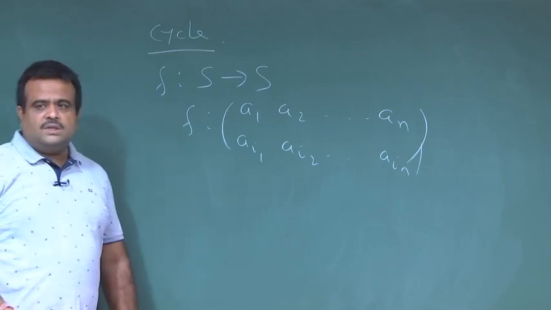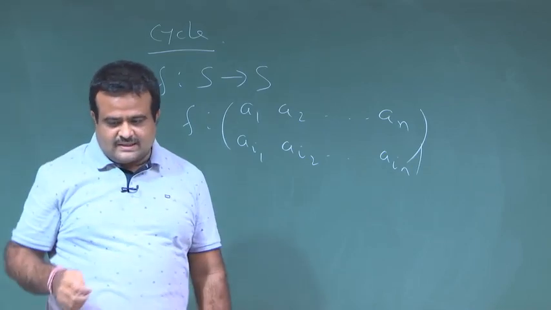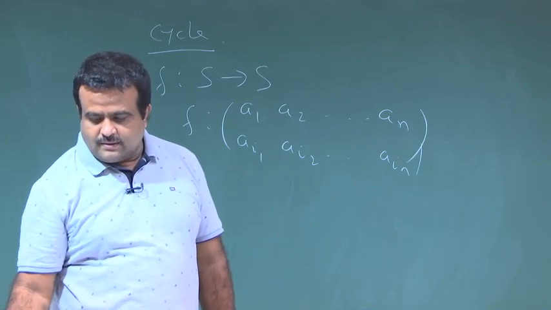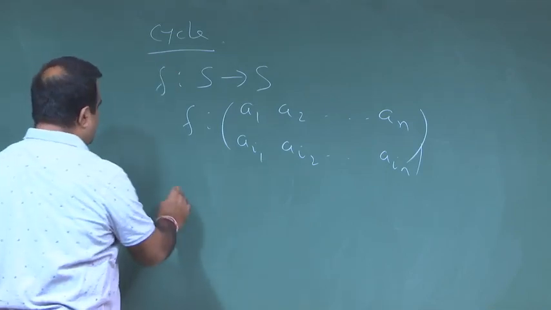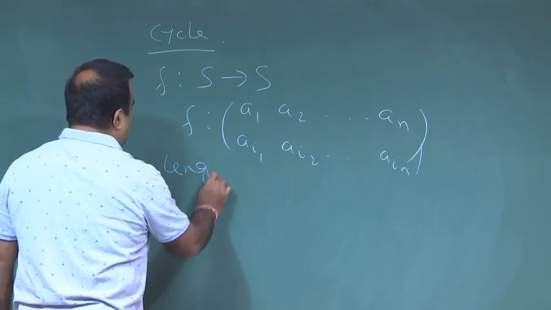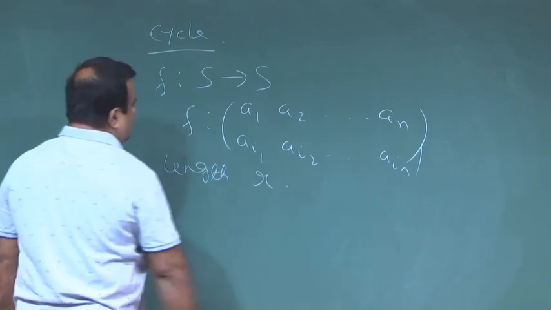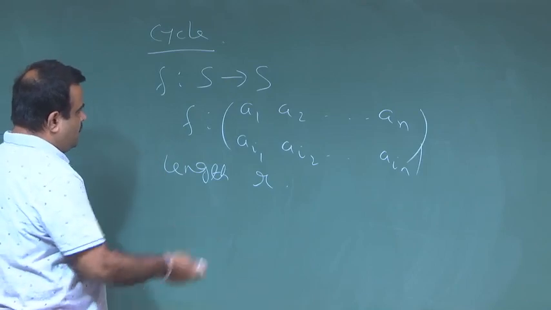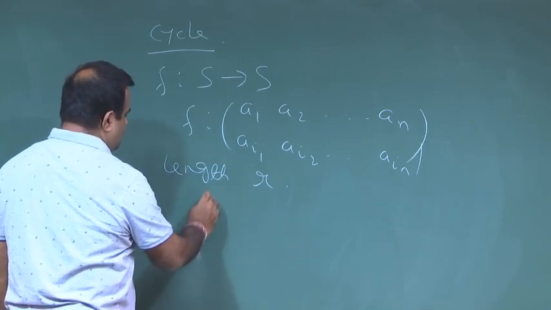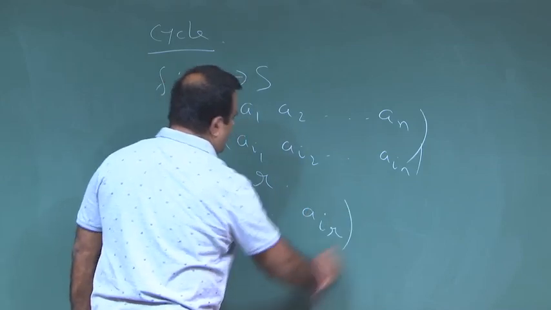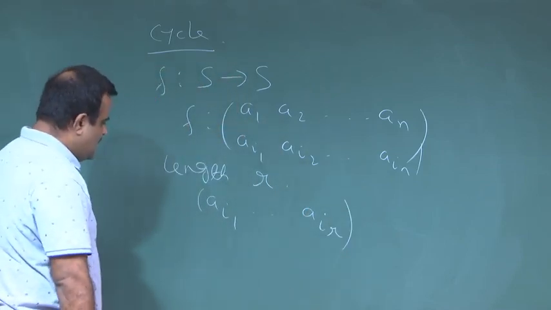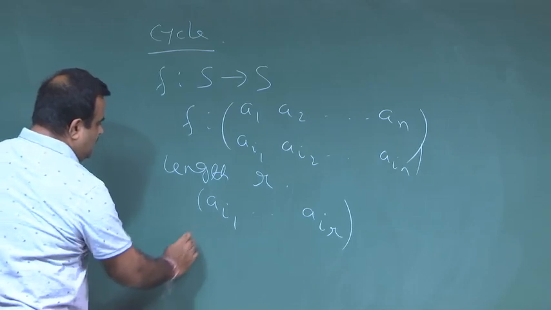Now, we say this represents a cycle, said to be a cycle of length r, if we have this property, say we have some AI1 up to AIR, a length r cycle, such that